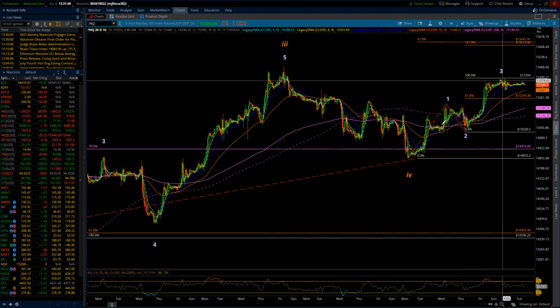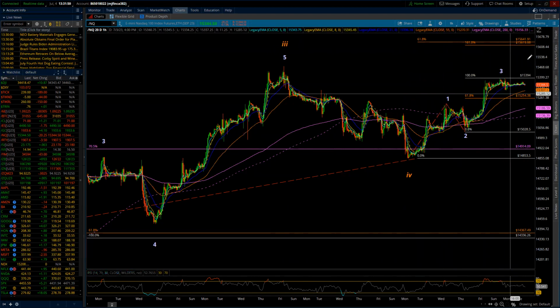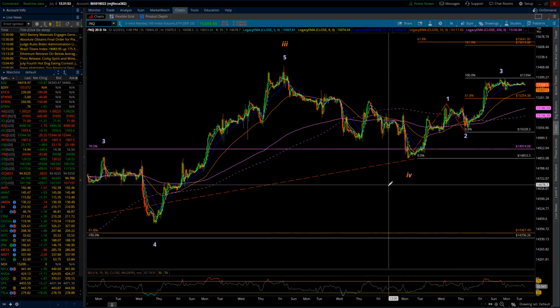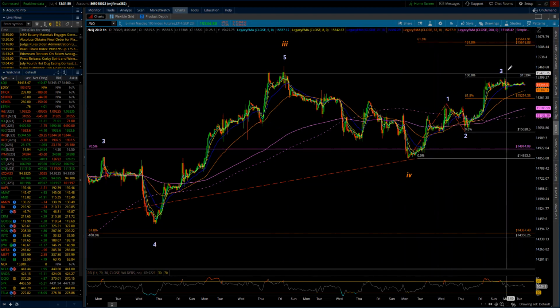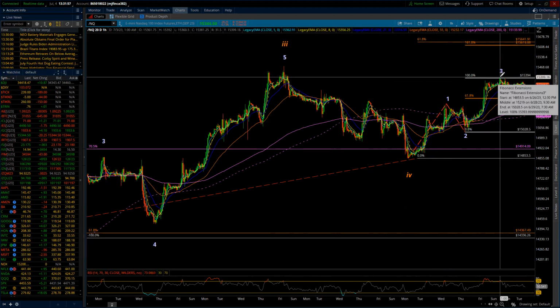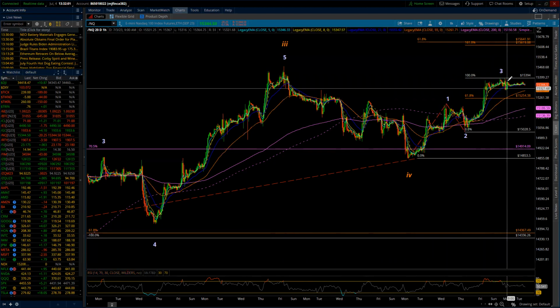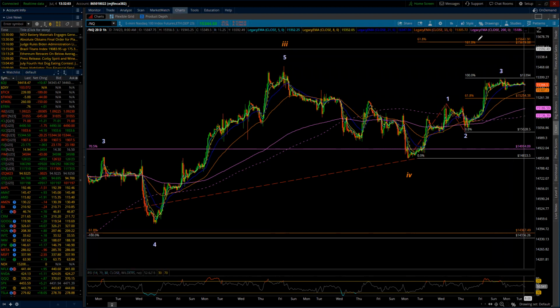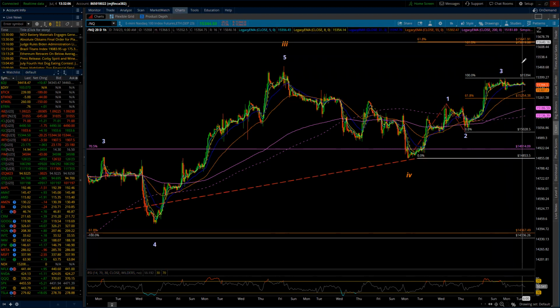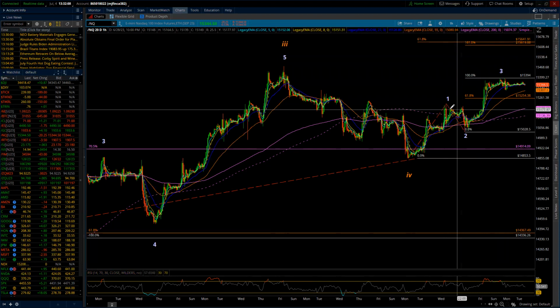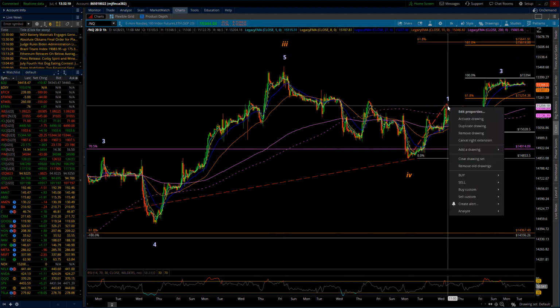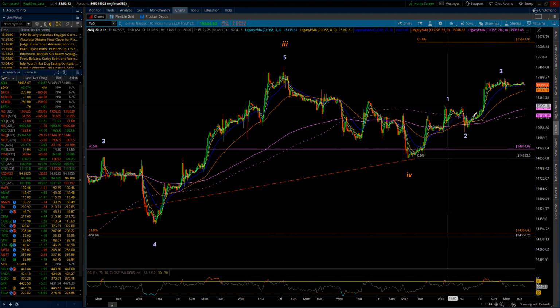Wave 3 would not be the shortest wave. Wave 5 can still come in. And since it equals wave 1, we're at a stretch. We'll have to wait and see how this all plays out. But if this indeed, then we're looking for the completion points to start coming in. And what I'd be doing is taking this off, right?